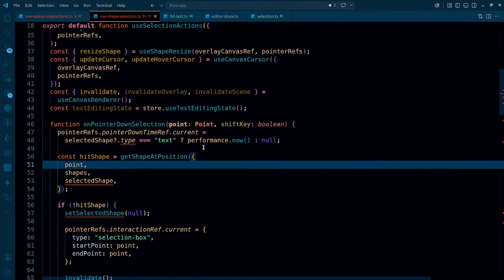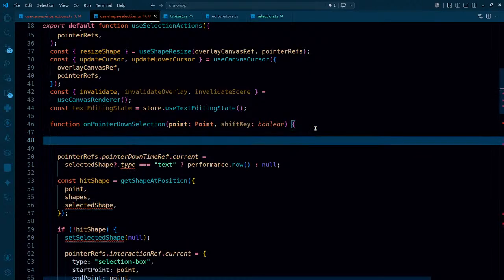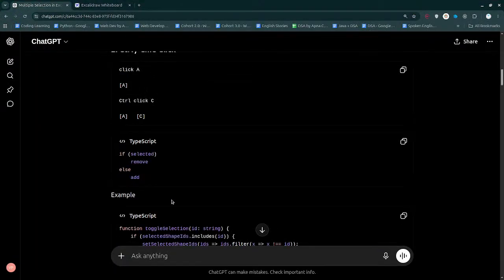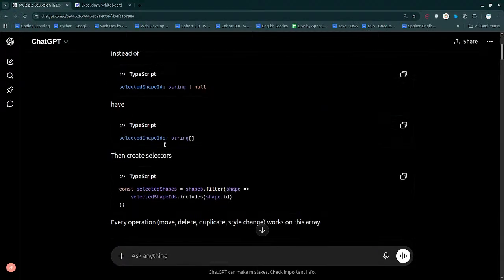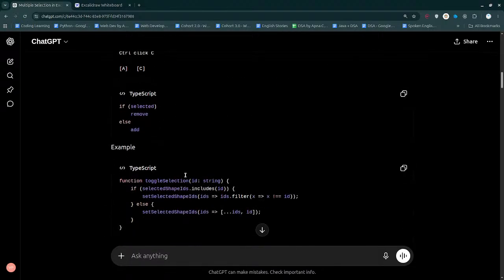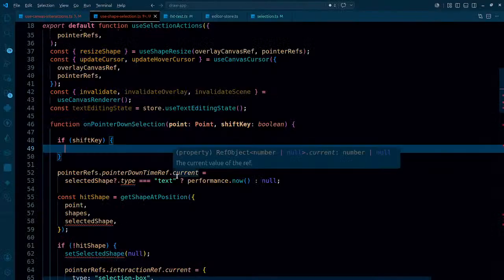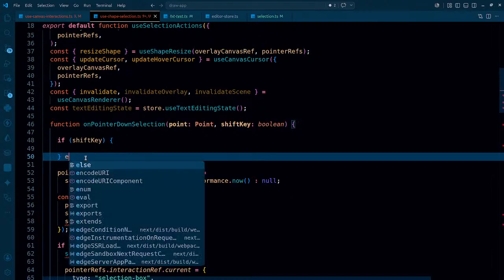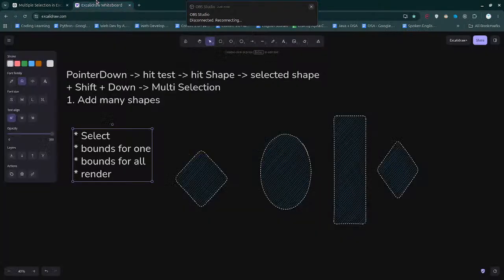Going ahead, so what do we do here? First of all, what I'm going to focus on is that if the shift key has been clicked, in that case I have to handle it a different way, otherwise I have to handle it a different way, as simple as that. But when I click, let's see what were the steps that it was suggesting to us. So first of all, we have already done this create. When we click, we have to just simply do this. We have to get toggle selection and all. Let's see. So this is the first thing, and the second thing is that shift hasn't. At that time, what do we have to do? If the shift is clicked,